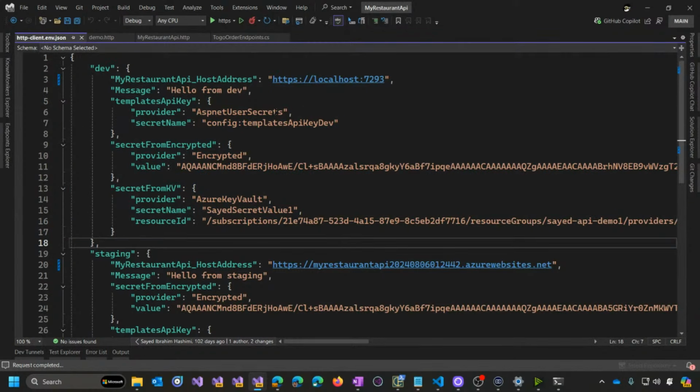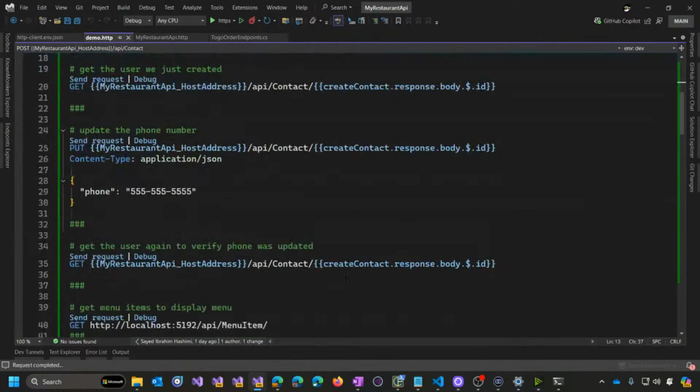So this is an example of user secrets. This is an example of Windows DPAPI encrypted secrets, and that's machine and user specific. And then here's an example of Azure Key Vault. But let me just demo you the